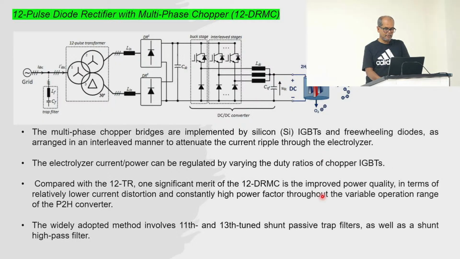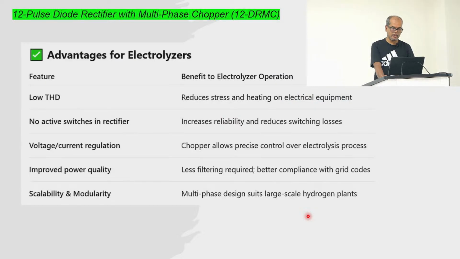So definitely the biggest advantage is the improved power quality, in terms of lower distortion and also better power factor over the wider range of the power to gas converter. And as you have those filters and other things, it can also eliminate those harmonics as well. Although it's going to be a little bit more expensive, this one can provide